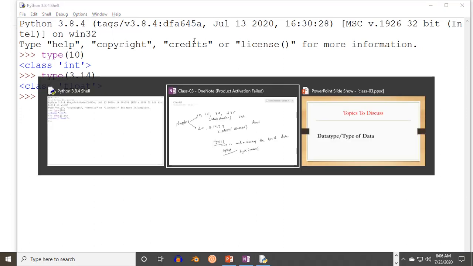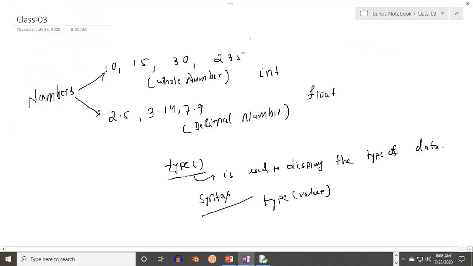So the types of data whatever we are going to use: one is your int and second one is your float. Sometimes you have to take the help of some name. For example, I just want to provide my name. This is Butle Sharma. If I want to provide my name, then I have to indicate that this is a name, and in case of Python, this is a letter, or I can say that B is a letter, U is a letter, R is a letter, L is a letter, E is a letter. So a combination of letters is known as a string.